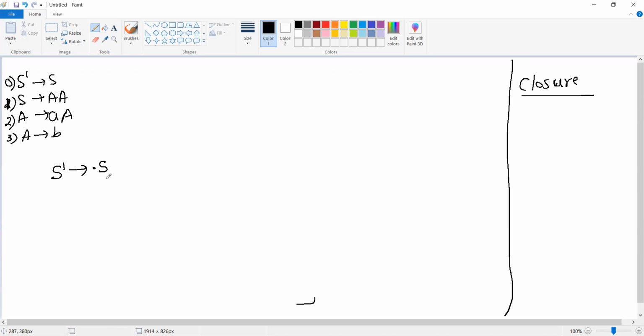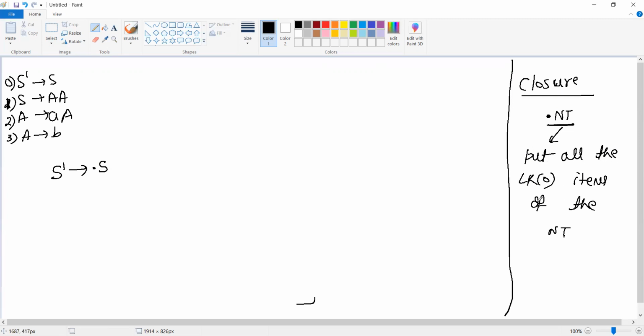Whenever you're designing the LR0 item for a particular production, if the dot is before the non-terminal, अगर डॉट आपके नॉन टर्मिनल के पहले आ रहा है, then you have to put all the productions, all the LR0 items of the non-terminal, right? तो अगर जो डॉट है वो नॉन टर्मिनल के पहले आ रहा है, so S is a non-terminal, इसके पहले डॉट आ रहा है, तो आपको क्या करना है?